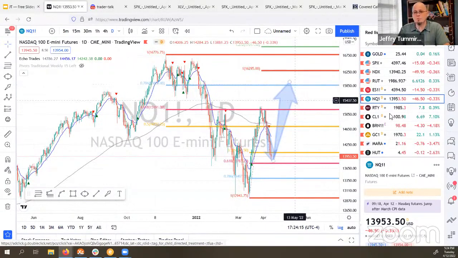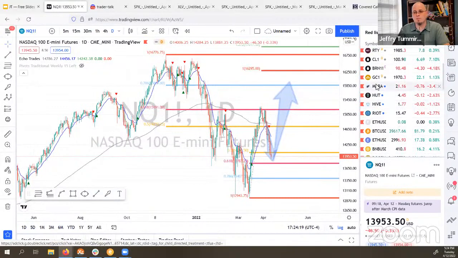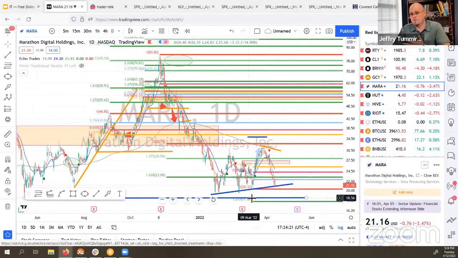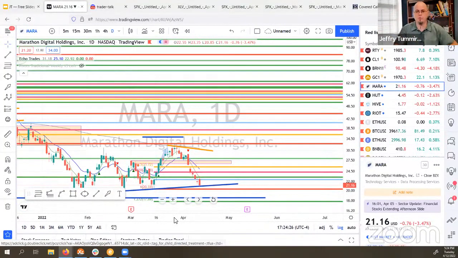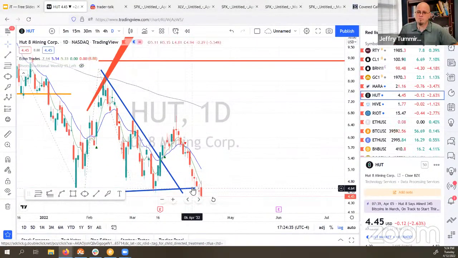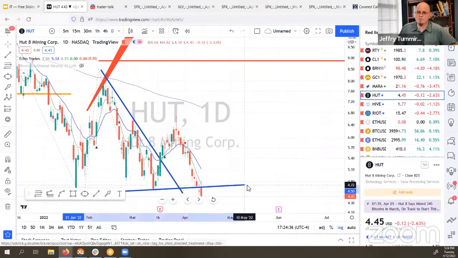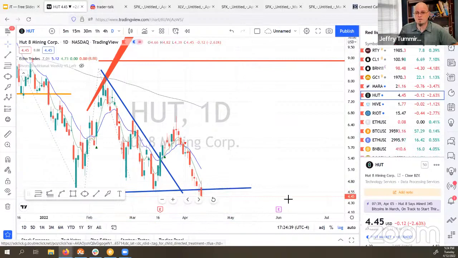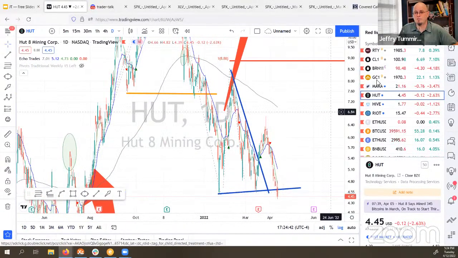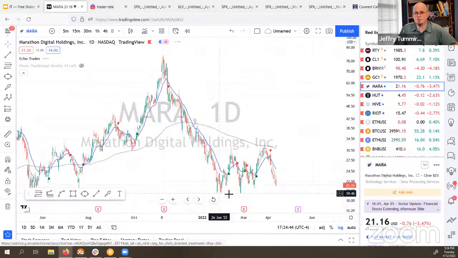Mara is still one of my favorites for crypto right now. They have the best position as far as a whole portfolio of mining crypto in their plan. It's just my personal view on it. I do have almost $250,000 worth of shares tied up in Mara. So a little bit biased, I guess. And it's going to be a heartbreaker if it breaks this pattern and gets a lower low.